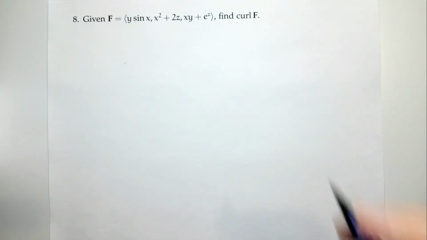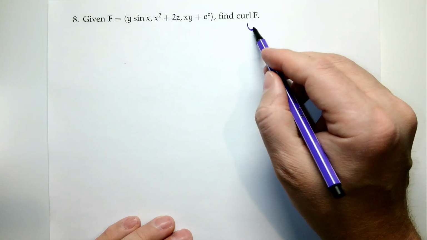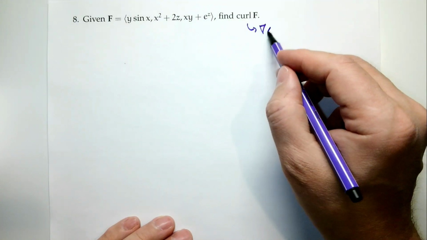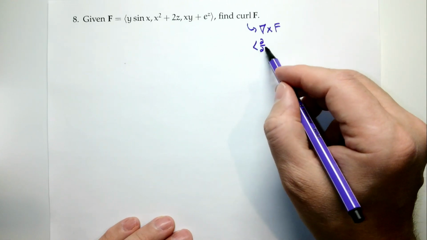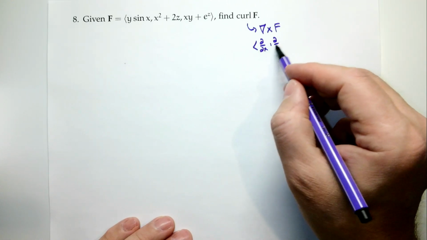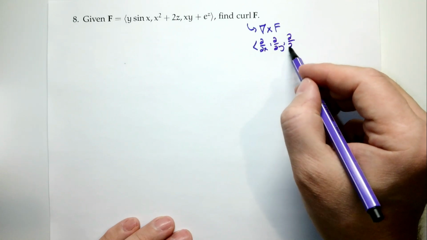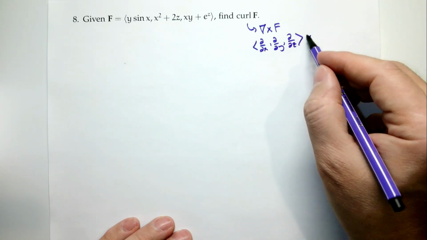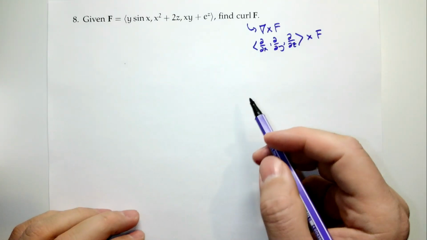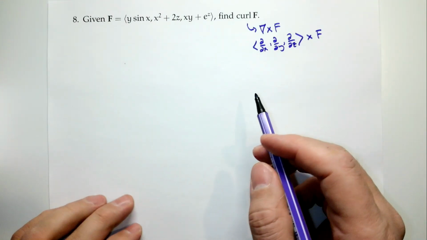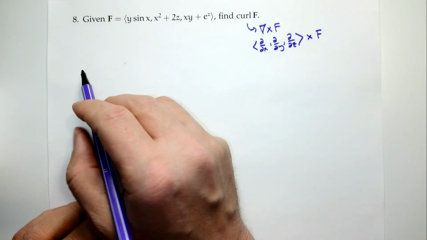What's the curl? Well, the curl, that's our cross product, del cross f. Or, again, partial partial x, partial partial y, partial partial z, cross our vector valued function f. All right, cool, good times. Here we go. How do we do it? Well, we're going to do our cross product. So we get the curl of f,